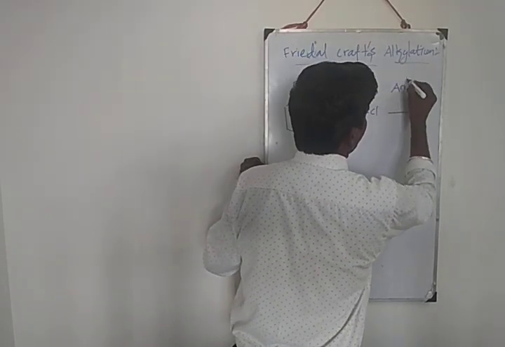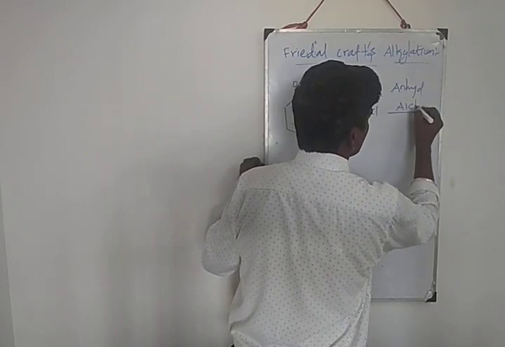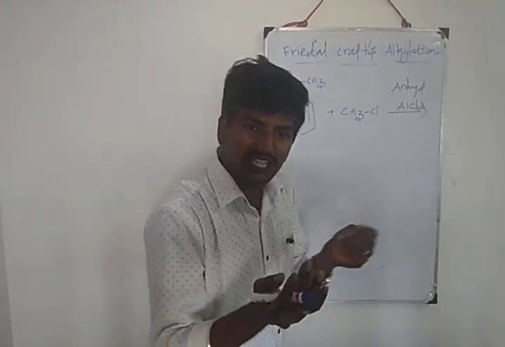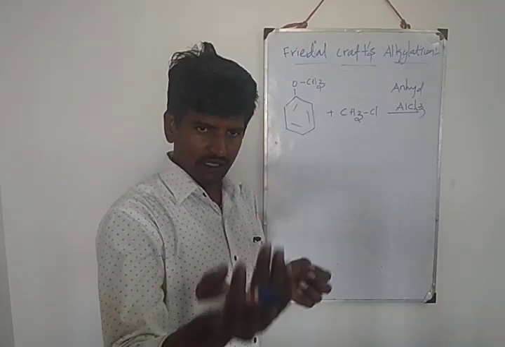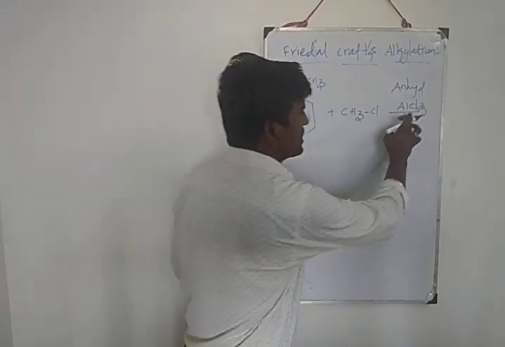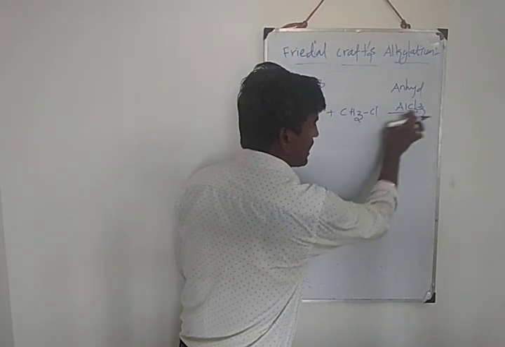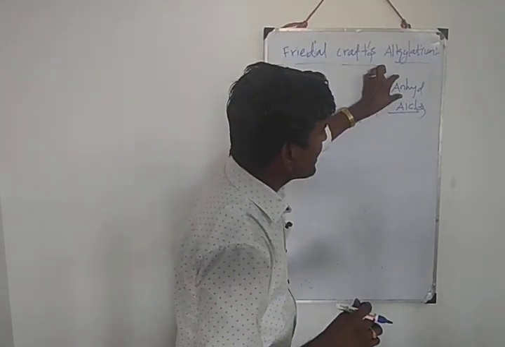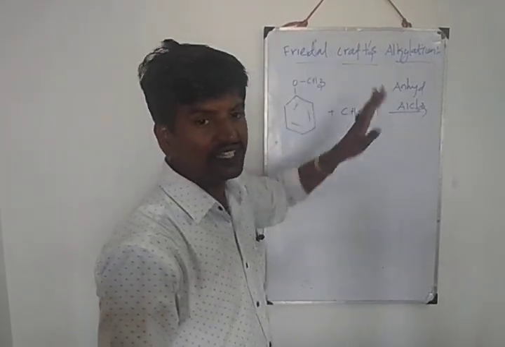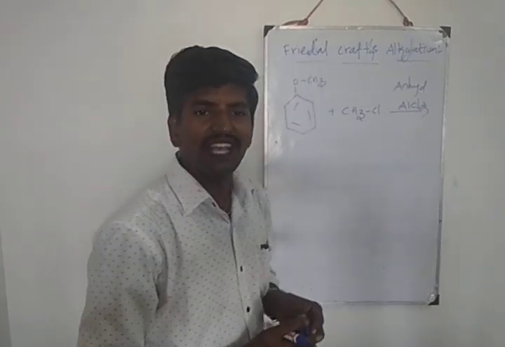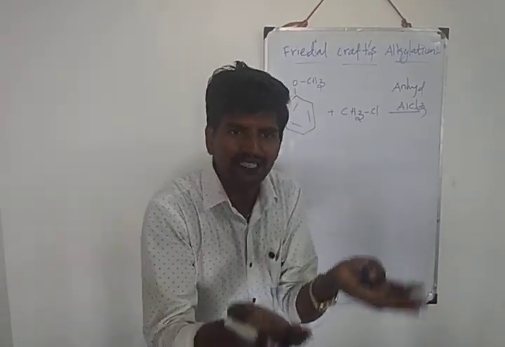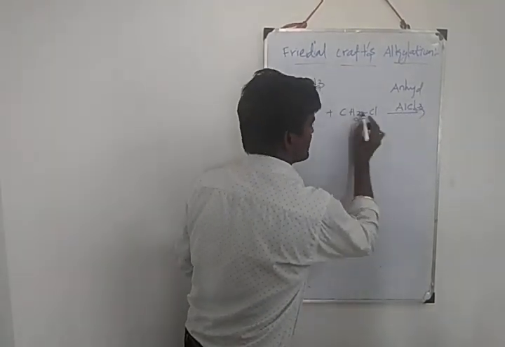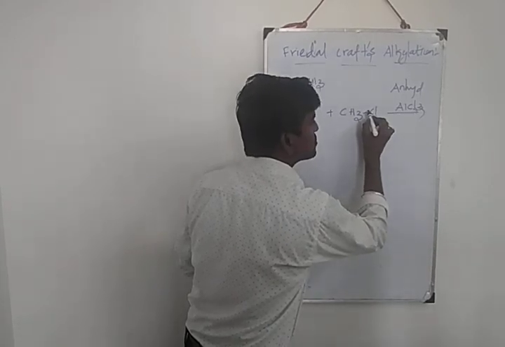Friedel-Crafts reagent, anhydrous aluminum chloride. This is the Friedel-Crafts reagent. This one is a Lewis acid. You know very well about Lewis acid. It is electron deficient. Always it accepts a negatively charged ion. Am I right? So here AlCl3 accepts Cl minus. It becomes AlCl4. Are you clear? Anhydrous aluminum chloride is a Friedel-Crafts reagent. It is a Lewis acid. Lewis acid means what? Electron acceptor. I mean it always accepts a negatively charged ion. So this AlCl3 accepts the Cl minus. Compare CH3 and Cl. Which one is more electronegative?